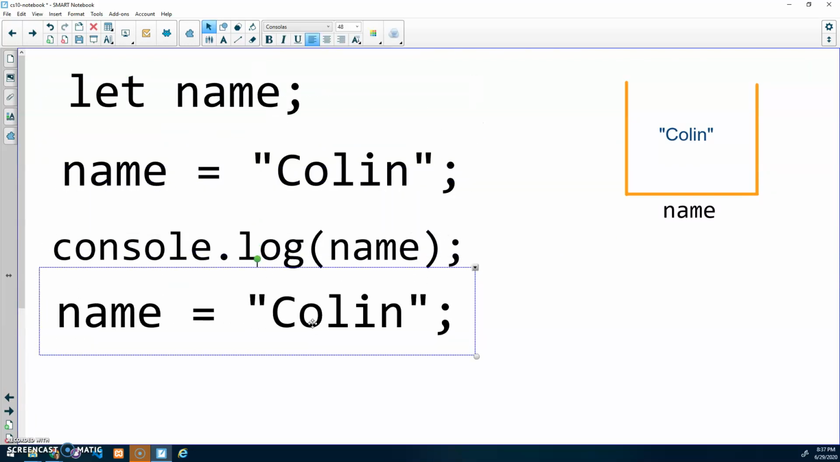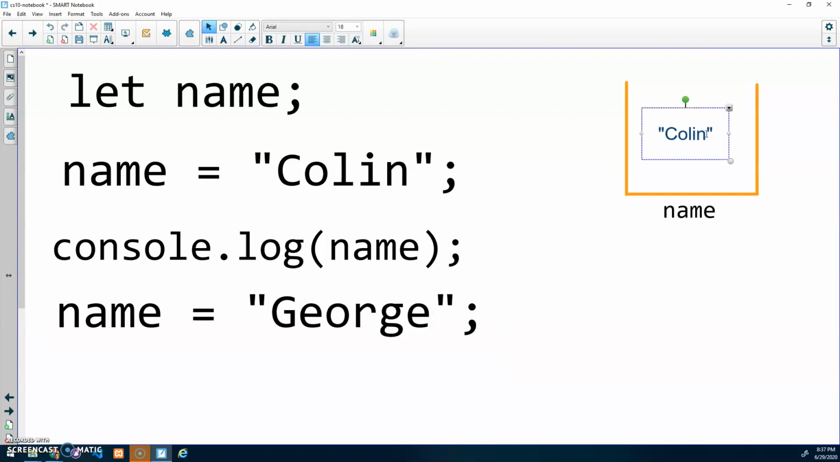There it is. If I say name is George, then basically it's saying, hey, this value in here is gone now. I've reassigned it, and now I'm going to store George inside of there. Okay, cool. And then the last thing I was going to show you is that you can actually do this,